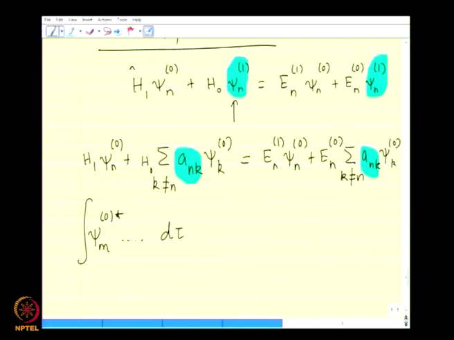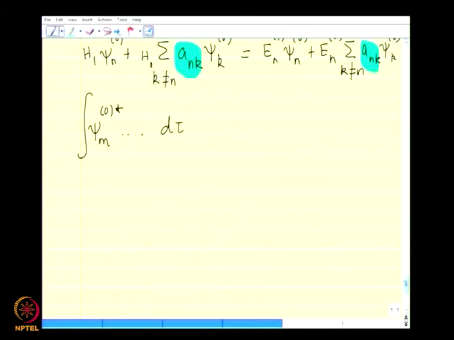Let me write the equation. Because of the time running out, what we will do is we will solve the equation and obtain the first order correction to the wave function and the second order correction to the energy in the next lecture, and then also use some examples to highlight or to apply these two results, namely the first order correction to the energy, second order correction to the energy, etc., for some of the model systems. Okay. So let me write the last step, namely